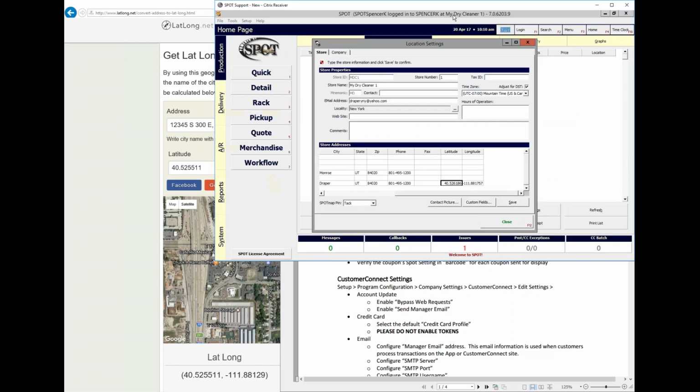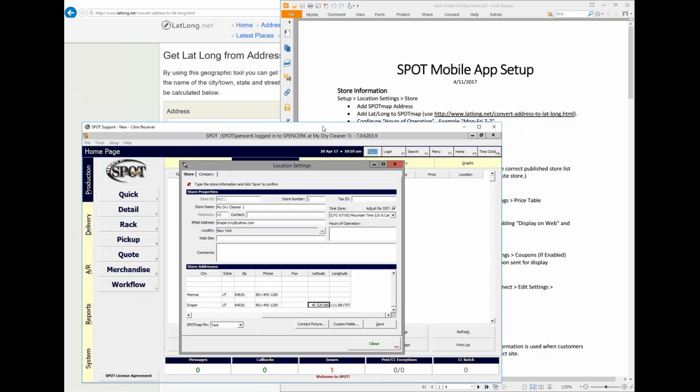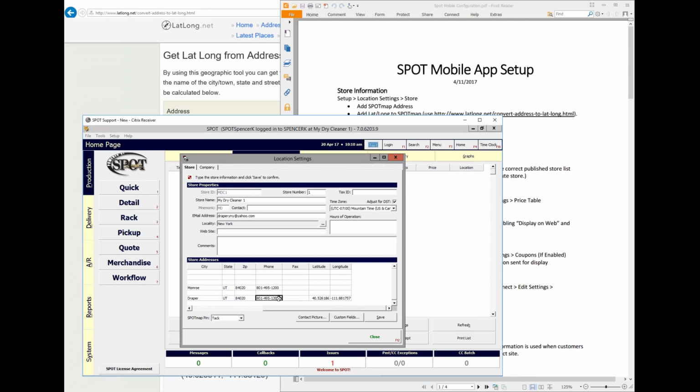We'll also want to make sure that we have our Spot map address, obviously, and our Spot map numbers, and then we want to make sure that we have our hours of operation. So Monday through Friday, 7 to 7, Saturday, 10 to 5. And as long as we have those hours of operation inside the app itself,